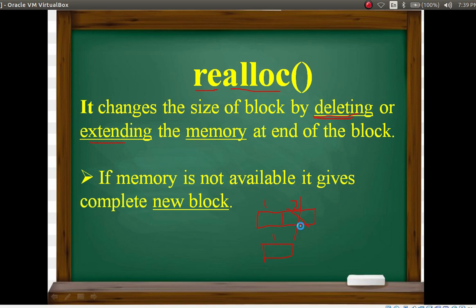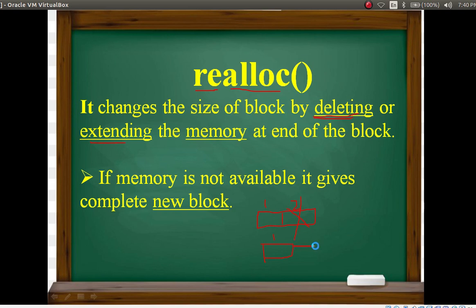Obviously it is resizing, no? If you use this deleting, the memory will occupy only this much. The other memory you have deleted, isn't it? So it is called what? Realloc. And now another one, I have memory for this much.